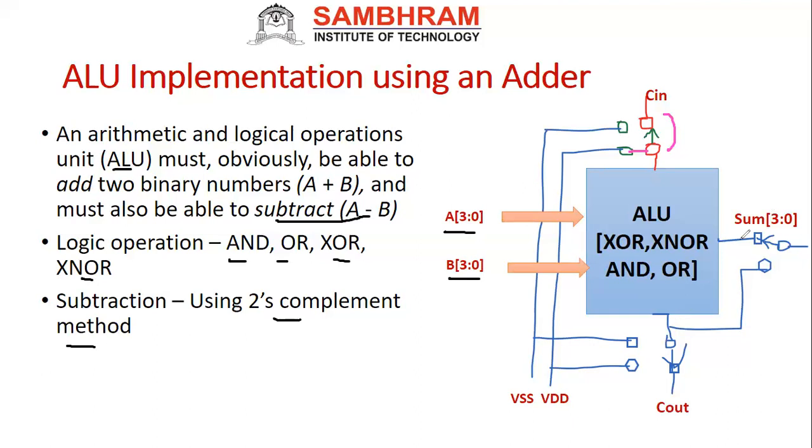In the same way, even here, at the output also I have a switch, for what you have to get, the sum. How much sum you have to get. Okay, that is what we are doing here. So now let us go for the implementation. Then we'll come back here. How to implement the ALU using this 4-bit adder.